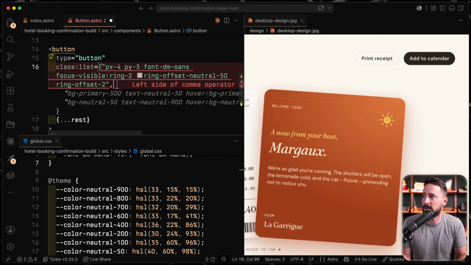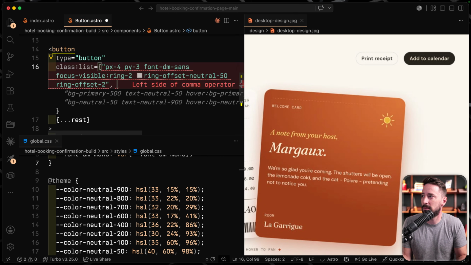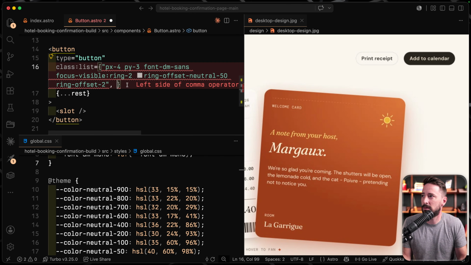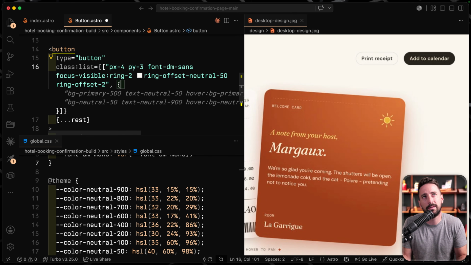So for instance, let's see, did I not? That should be right. What am I doing wrong? Oh, this needs to be an array. So you can do an array of items in here and it's resolved. It uses, what does it use under the hood? I don't remember, but